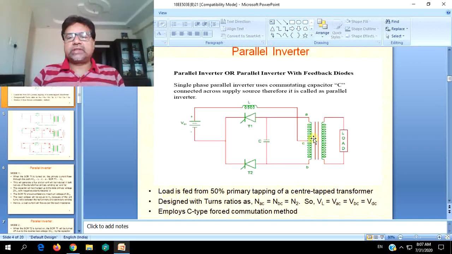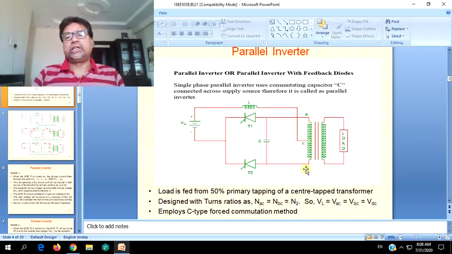with 50% tapping at the center, and the source or DC supply will be given to the transformer, which is divided into two equal halves. That is, the primary is divided into two equal halves. Number of turns in the upper half will be equal to number of turns in the lower half, and the turns ratio between the secondary and primary will be such that the load voltage or secondary induced voltage will be equal to the induced voltage in one half of the primary,